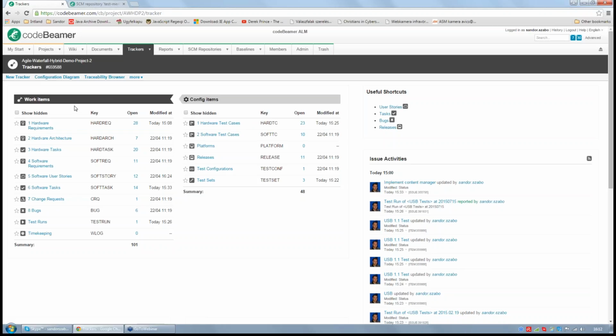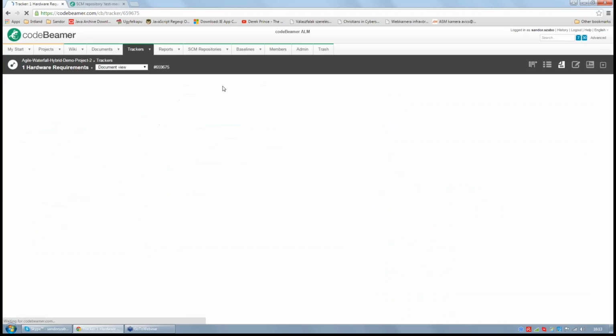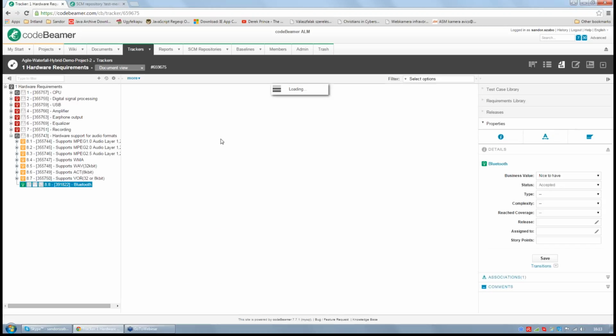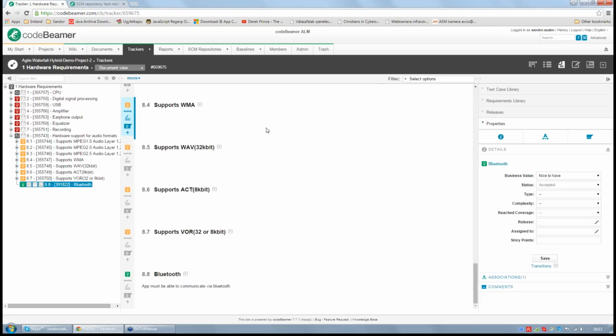The first phase of waterfall is collecting and finalizing the requirements and their documentation. So let's see how we support the requirement management. This view that we can see now is the requirements document view. It consists of three panels vertically: the left panel with the requirement tree, the center panel with the document-like view, and the right panel with the accordion control with several tabs,